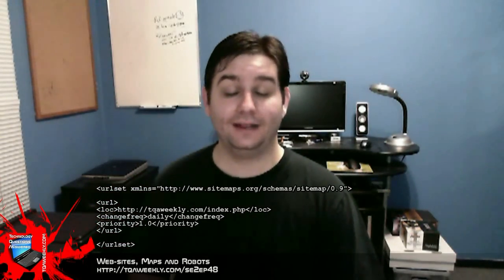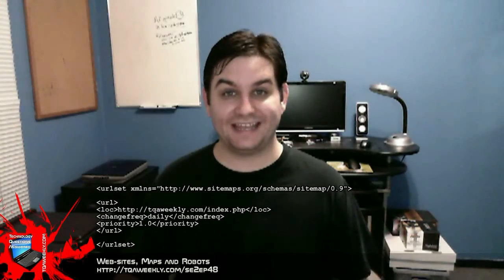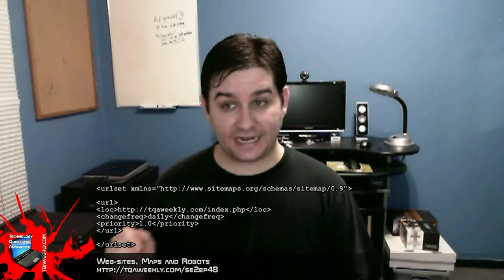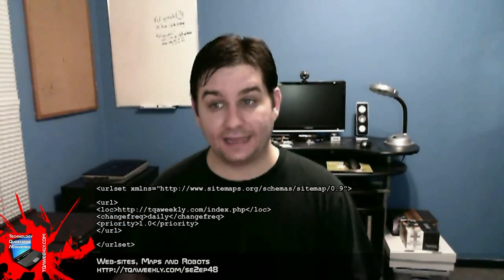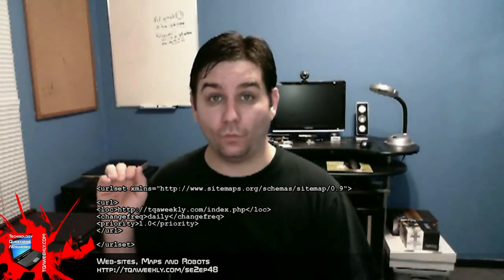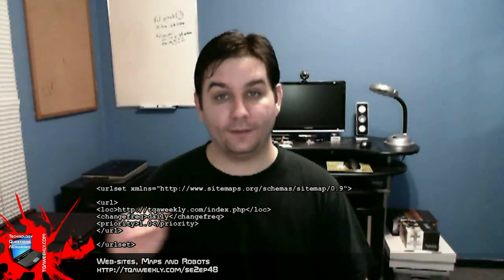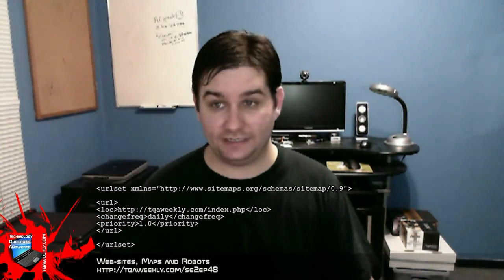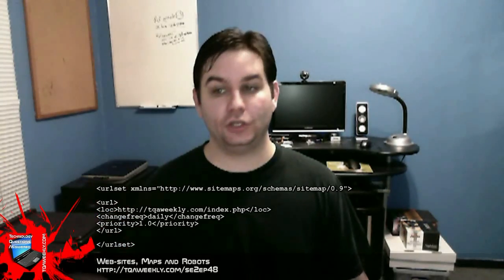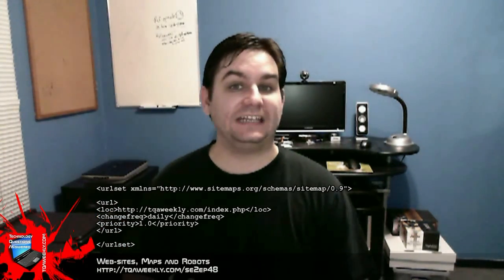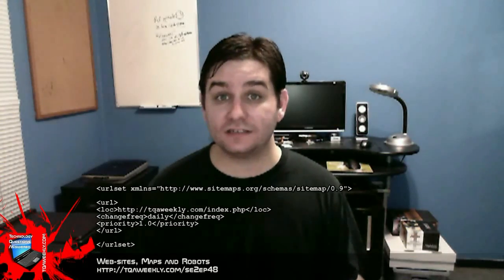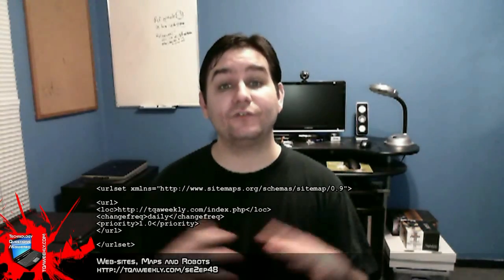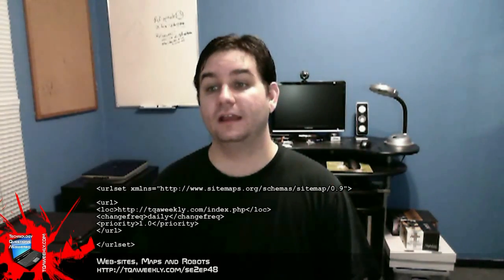You'll put a space down, and then for every single page within a specified folder, you'll open a url tag, a loc tag, put one web address in, close the loc tag, and set up a changefreq to either daily, weekly, monthly, yearly, or never. Depends on the content of the page. Be honest, because if you don't put the correct value, the search engines will do whatever they want on your web page, and that's not what you want. You'll close the